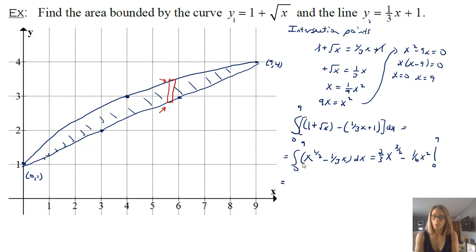Now as I evaluate it, I will have 2/3, I have x to the 1/2, which is 3, and then 3 cubed is 27. And when I put 9 and square it, I get 81 times 1/6, so 81 over 6. And then we'll be subtracting from that what happens when we put in 0, but oh yay, it's just 0. So then that just leaves us with what we have there, and we can find that it should be 4.5 units squared.